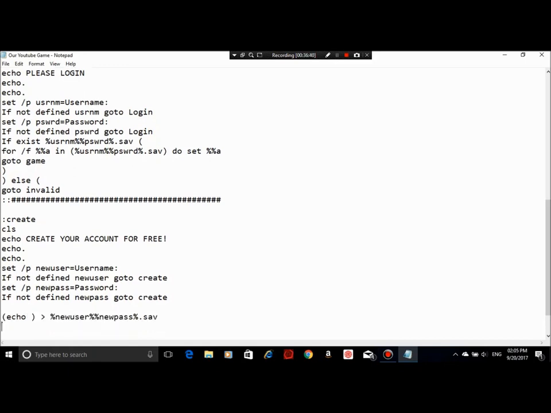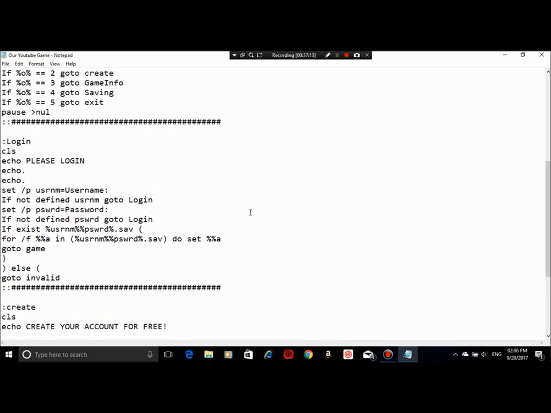Alright, so I guess that's about it for the create. It will just create whatever you type here, the new user, the password. It will create a file based on your new user, new pass, and it will just import it to your save actually. Alright, it will just save it to this little file here. So you named blah blah, so it will be named blah blah.sav. That is your save, and that is also your account. So when you log in, it will verify and will accept you. Alright,